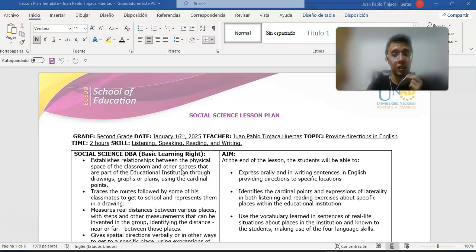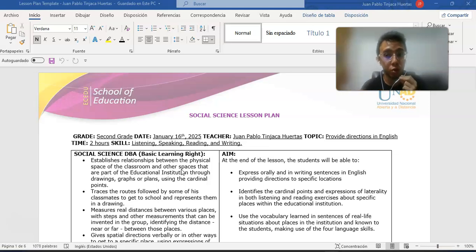Based on the knowledge provided by that learning right, I was able to understand what is the right topic to teach to the students between 6 and 7 years old. And it's related to the English area and social science area. The first one is about